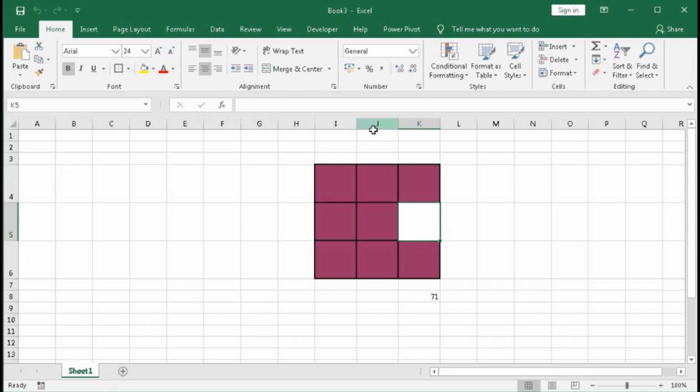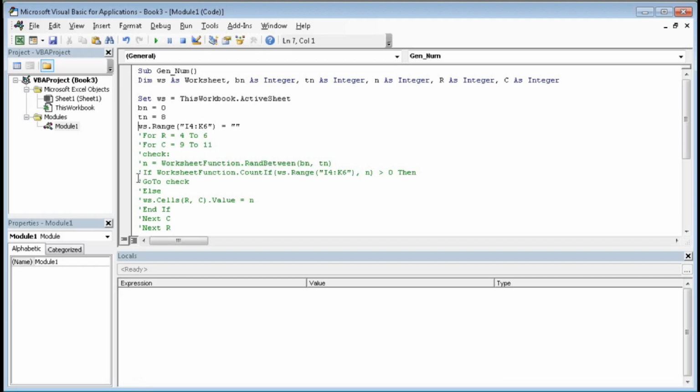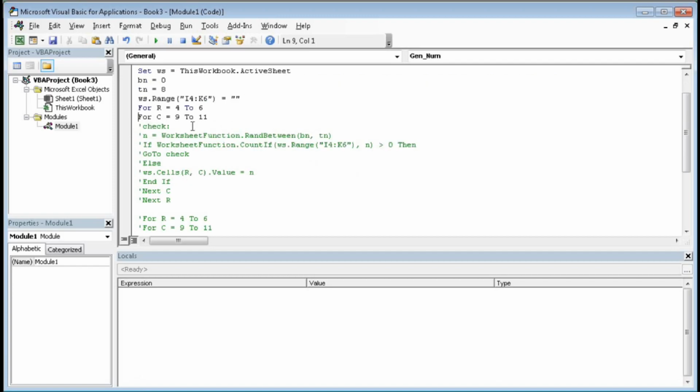So 9, 10, 11. That's why I have put the r and c like this. So actually we will start the looping for creating the shuffled numbers, for r 4 to 6 and for c 9 to 11.